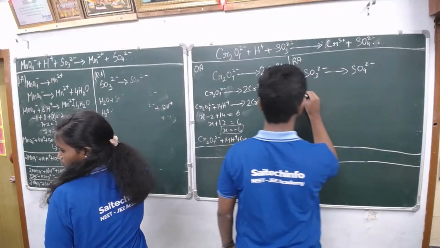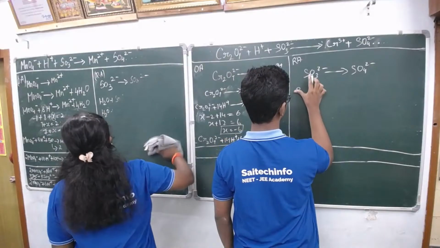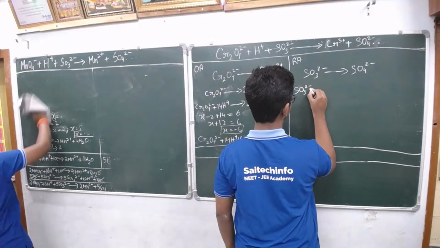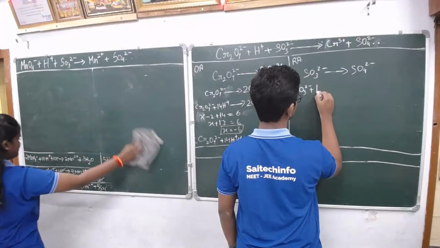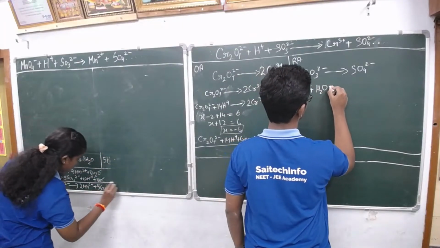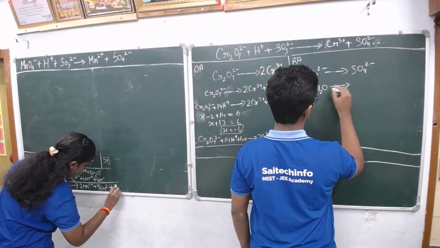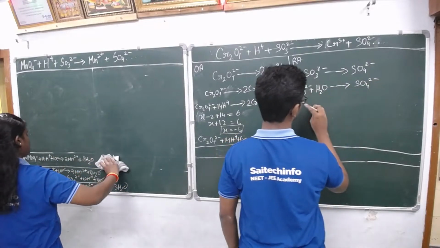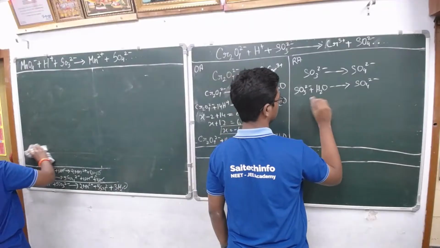Take note of the final. How will you verify if you erase everything? SO3 2 minus, rewrite, plus H2O, form SO4 2 minus. And then